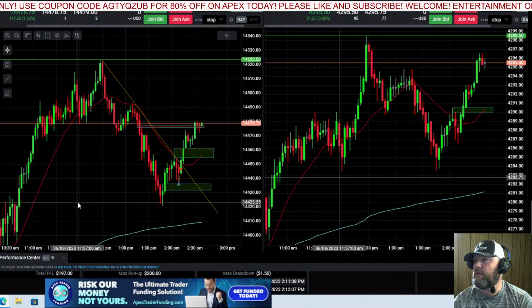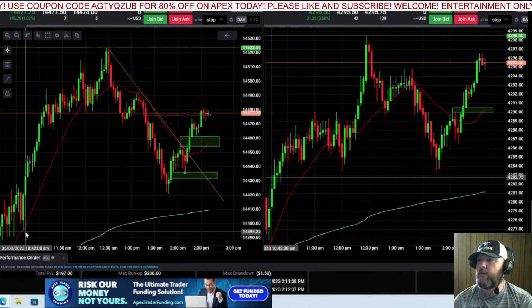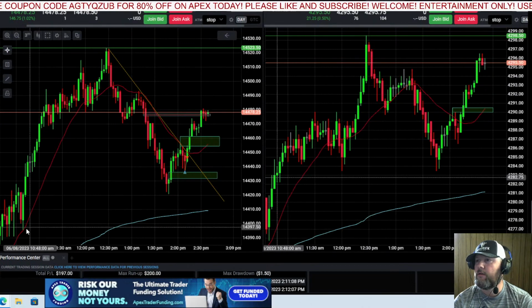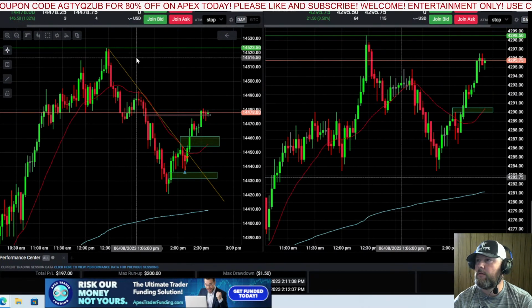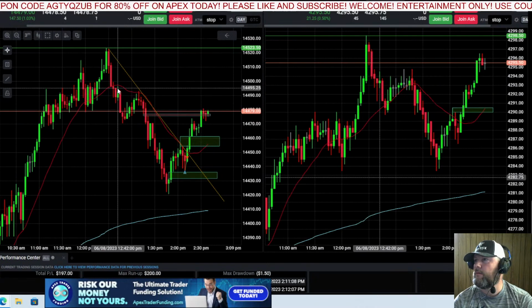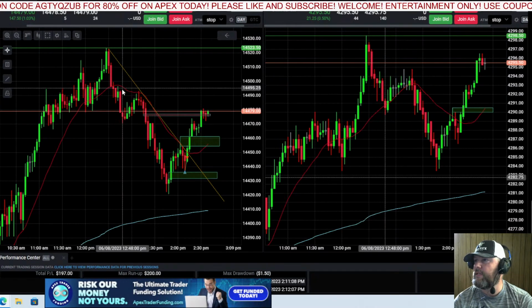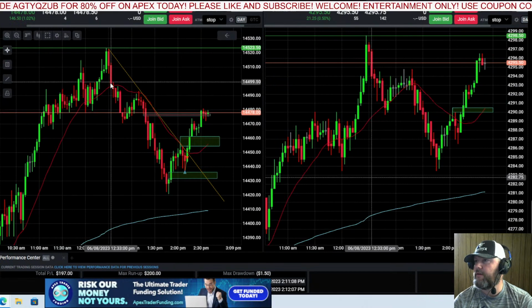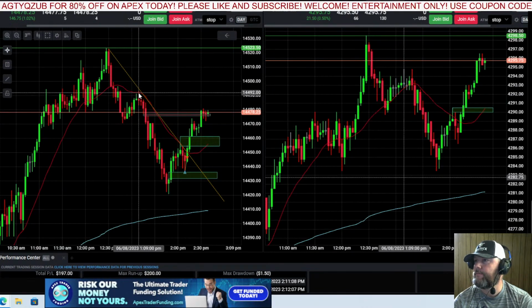I guess if you marked out your level here, you could have had a short opportunity earlier. You could have got short for the retest of the 20 SMA here and got a nice little move down. It would have been a bit aggressive, but